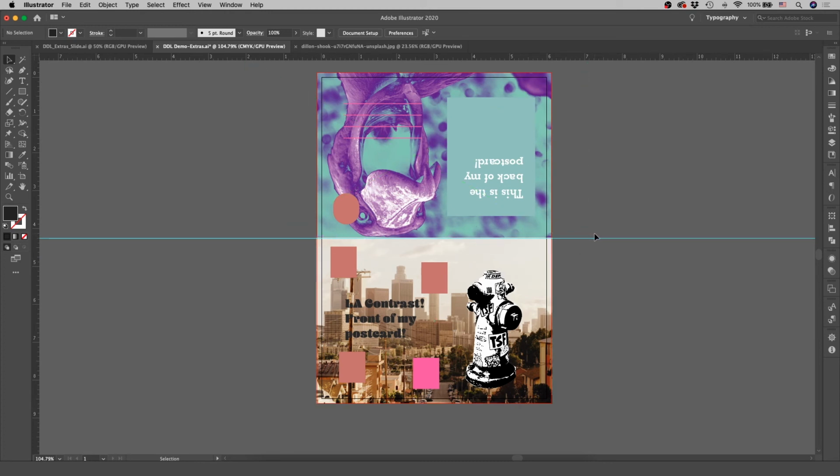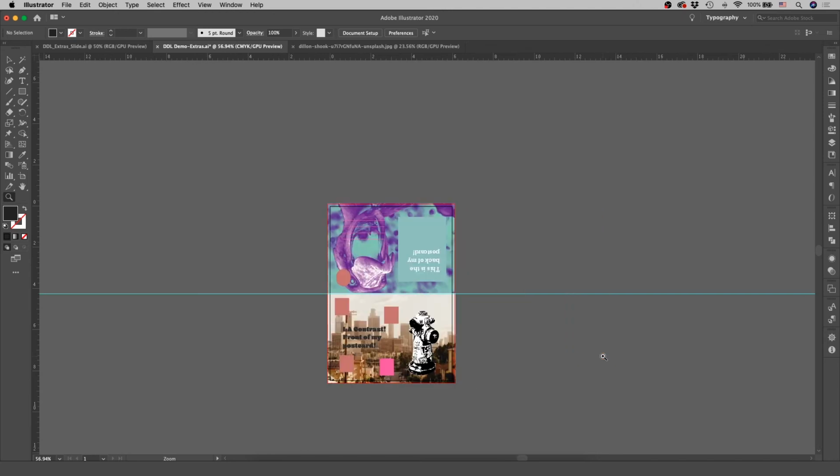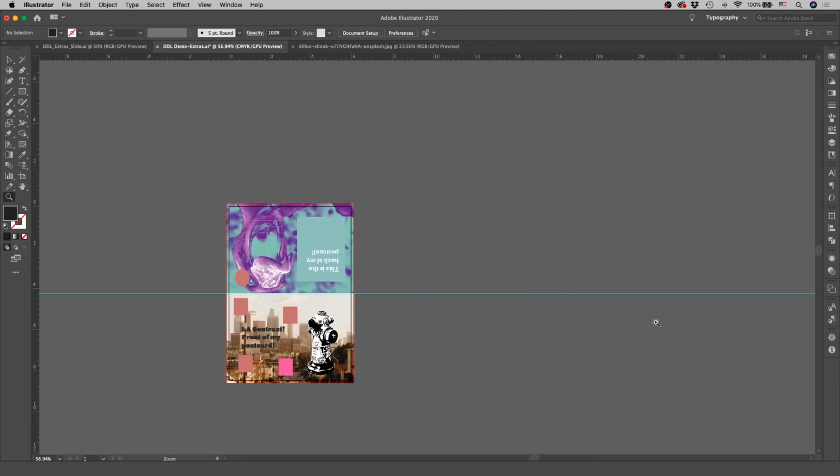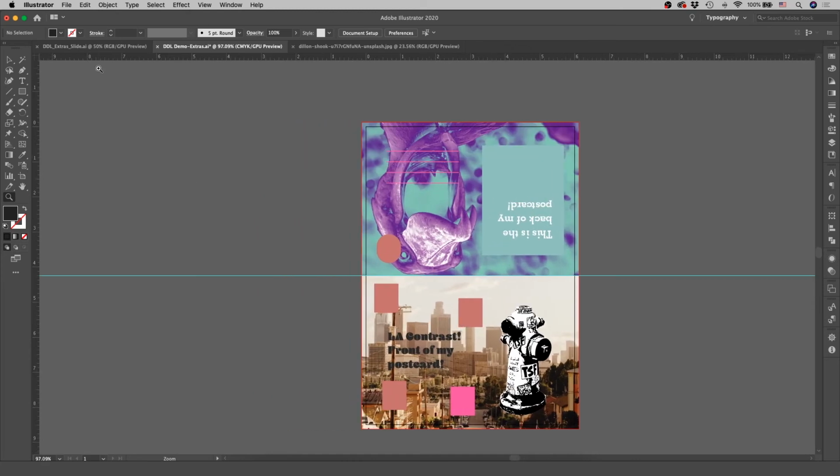Again, we do this because double-sided printing can be super inaccurate, and folding it like this makes it super accurate as well as gives it a little bit of a postcard thickness. I don't really know if you guys are even going to be printing these since coronavirus and stuff, but if you are and you want to make these into a final product, I would also recommend you put a piece of sort of like construction paper in between the two sides when you fold them, so it really has